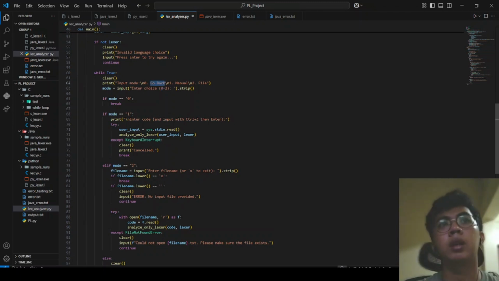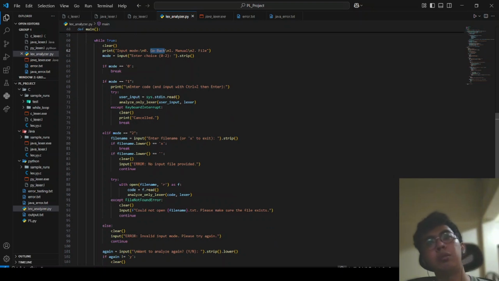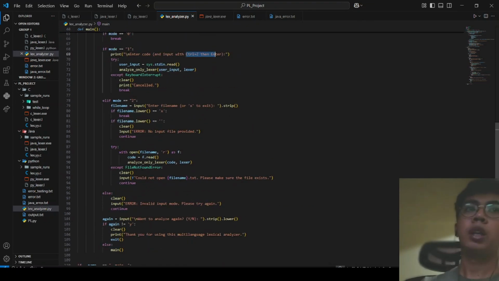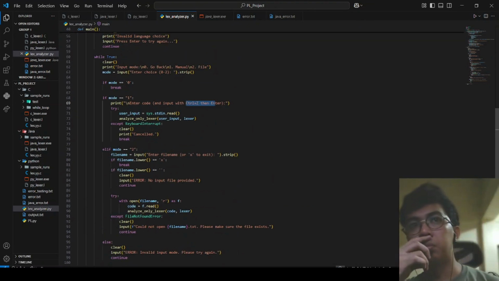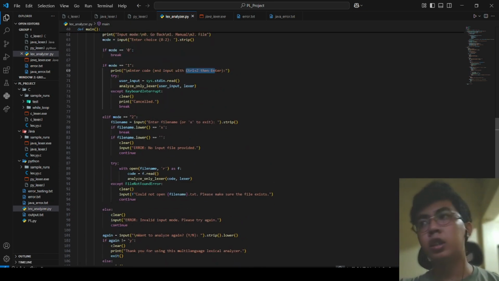If the choice is 1, which means manual, they will enter or paste the code, and to end the input, they will need to press Control Z and then Enter. If they choose file mode, they'll just enter the file name or location, and if they change their mind and want to exit, just press X.